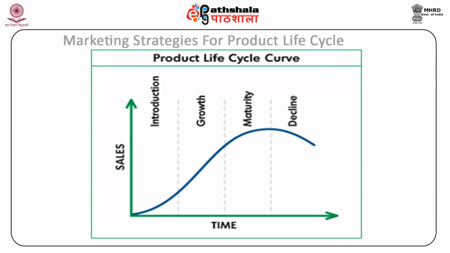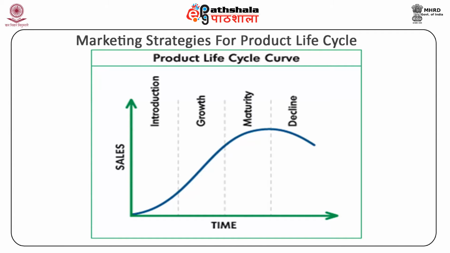There are four basic stages in the product life cycle: introduction, growth, maturity, and decline. The figure nicely depicts the sales and profit levels during the four stages of the product life cycle. It is quite apparent from the figure that the sales start from zero level and, with a slow start in the introduction stage, accelerate at an increasing rate during the growth stage, followed by stagnation at the maturity stage and falling sales during the decline stage.